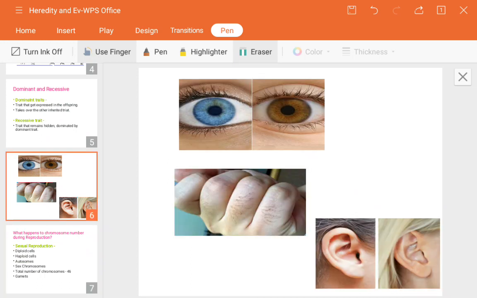This is a normal kind of thing, guys. If both mother and father have blue eyes, it means the baby will also get blue eyes. Suppose the father has blue eyes and the mother has brown eyes, then what happens? Only the dominant one will be inherited, which is the common one, that brown eye color. The mother's eye color will get transferred to the offspring. So this is the basic thing.